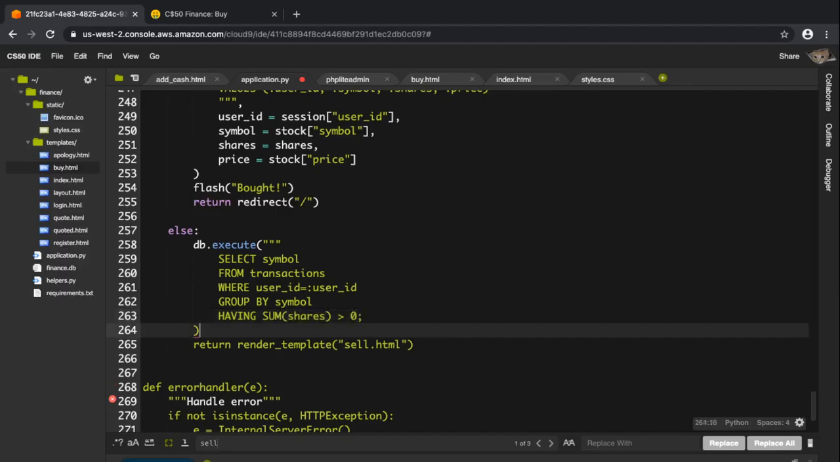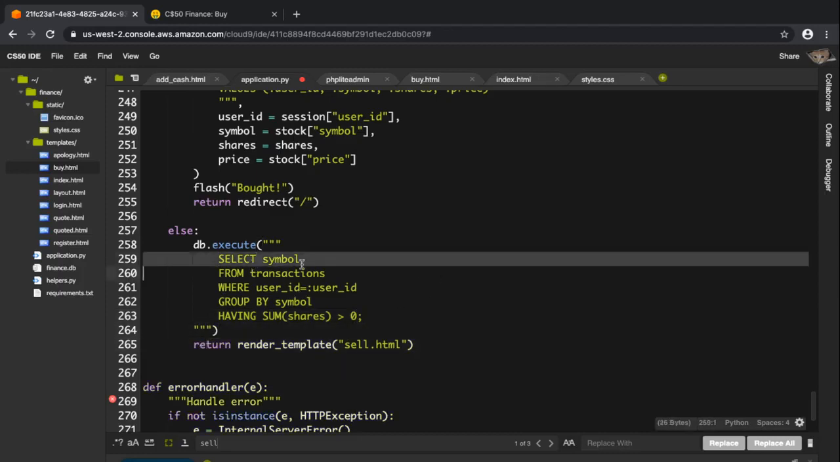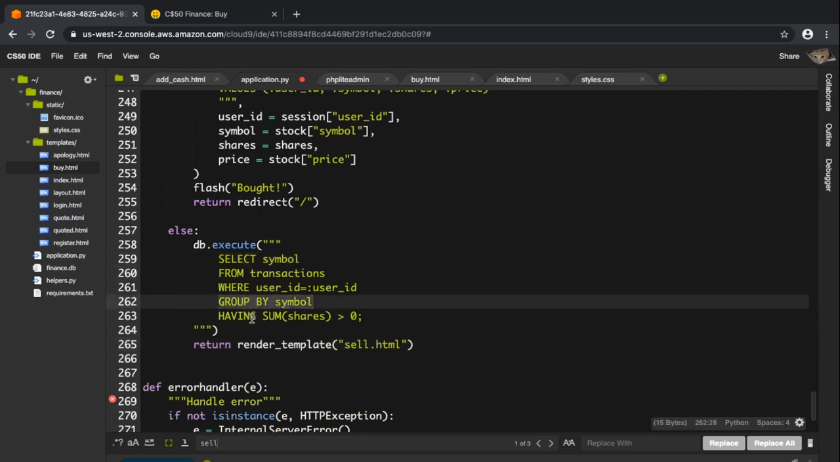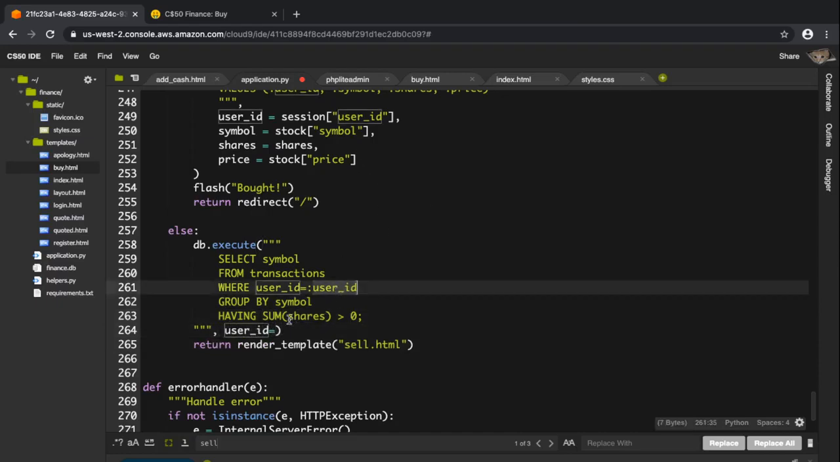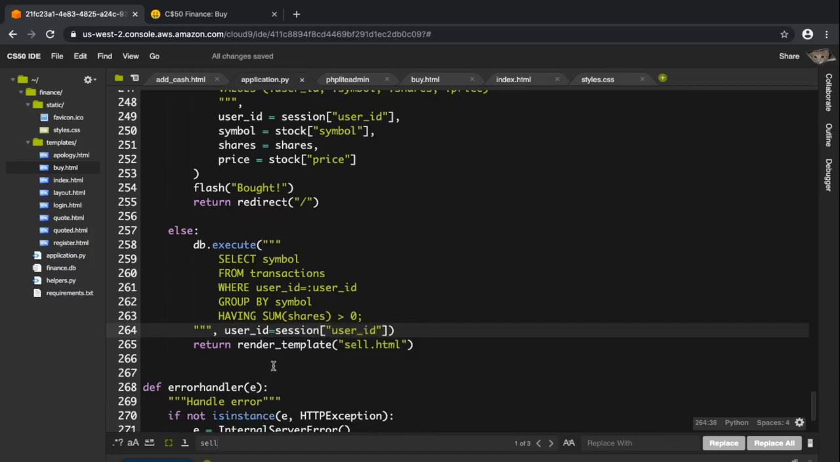So after having done this, we can be assured that we're getting all the symbols. Okay, we're grouping by symbols, and we're saying if the sum of the shares that we have is greater than 0. And then we're going to also provide the current user ID. So this user ID field over here needs to be populated by the current user ID, right? So where do we get the current user ID? Inside the session, right? Inside the session variable. So after having done this, we can return